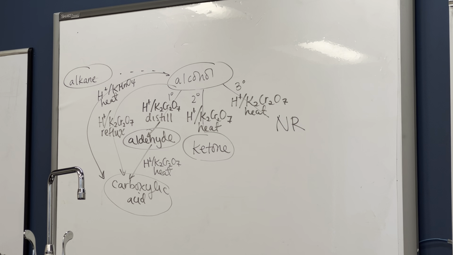Yes, it's a bit stepwise with my weaker oxidizing agent: it goes through the aldehyde to become the carboxylic acid. With my stronger oxidizing agent, it goes straight from the alcohol to the carboxylic acid. So if they use potassium dichromate, they don't need to do the reflux,